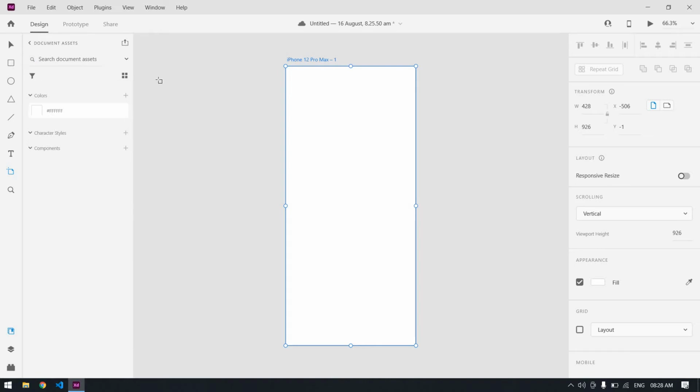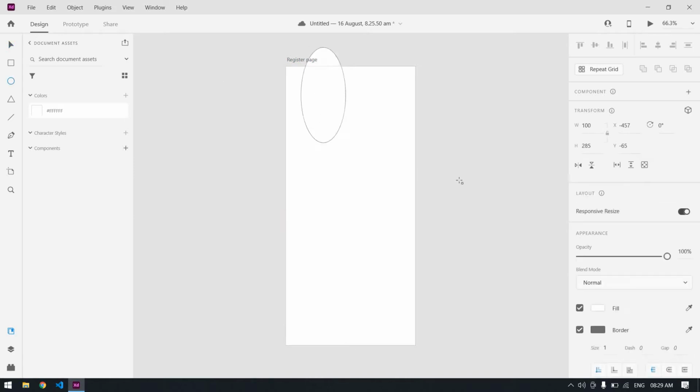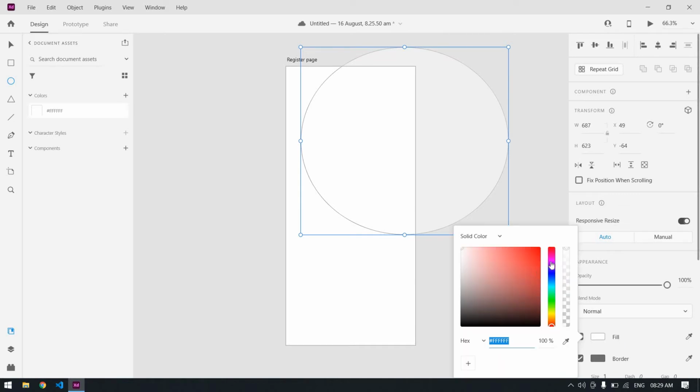After that I'm going to create a background color. First I need to change the name of this artboard. This is register page. You can draw a circle like that. And I'm going to change the background color of this.